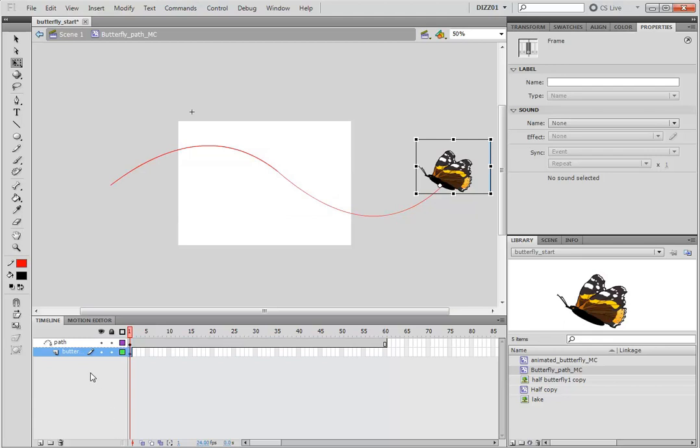And for good practice, because I don't want to change this path layer, I'm going to lock it. Thus, I will be unable to manipulate it or change it in any way until I unlock it. So you do this by clicking on the second dot here so it's completely locked. So if I try and